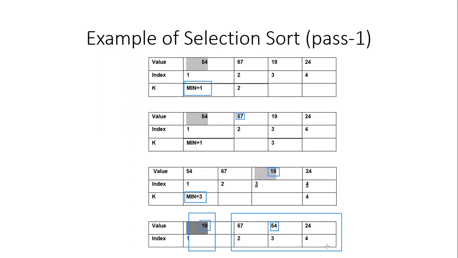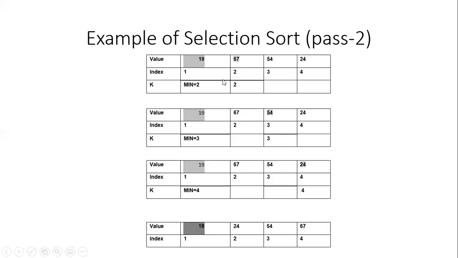So now we are going to apply the sorting process on the 3 elements only. So let's move to step number 2. So this element is already sorted. The first element here in this list is already sorted. So we are only going to apply the sorting here.